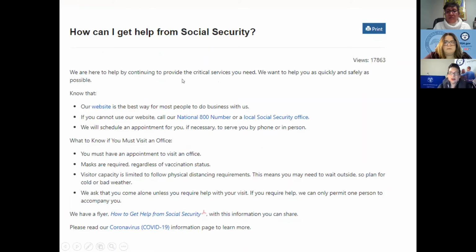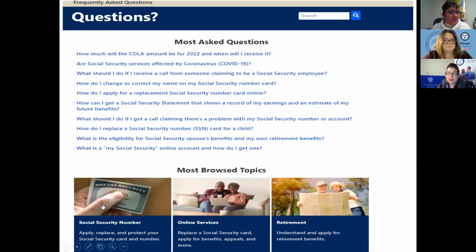Yeah, so this is a great resource. And we talked about requesting replacement Social Security cards. If you need a new Social Security number card, you may need to contact the office to request an in-office appointment. So many times people will ask, well, what documents do I need to show in order to have my request fulfilled? And if you go to the frequently asked questions section that Megan just showed, under Social Security number,